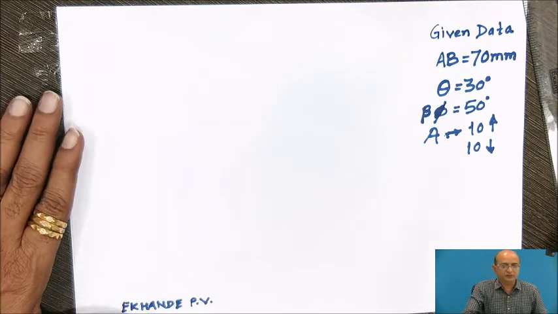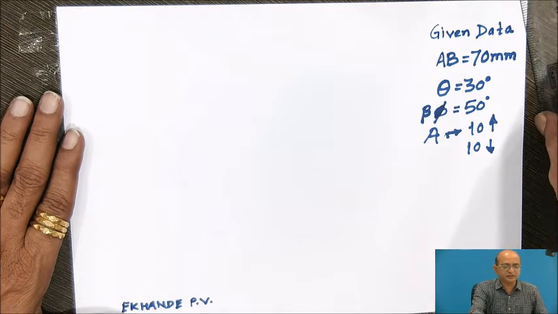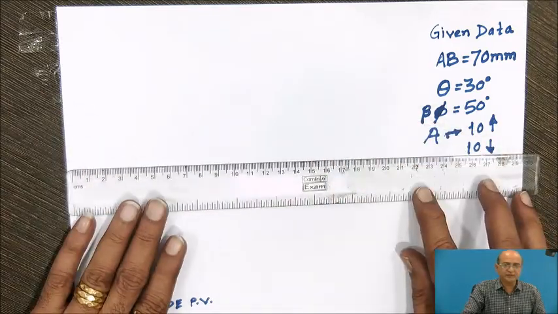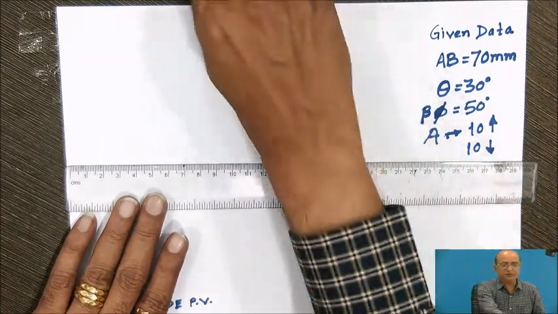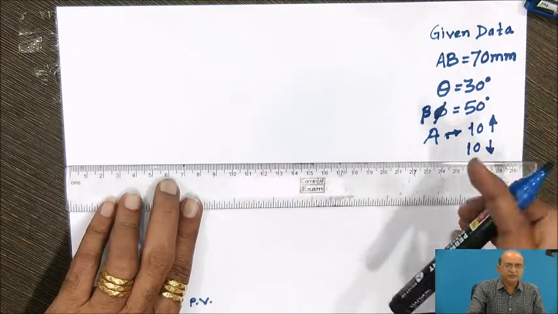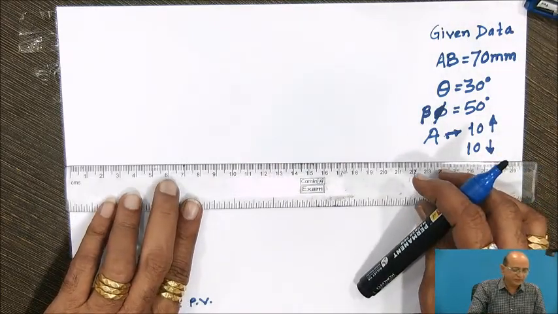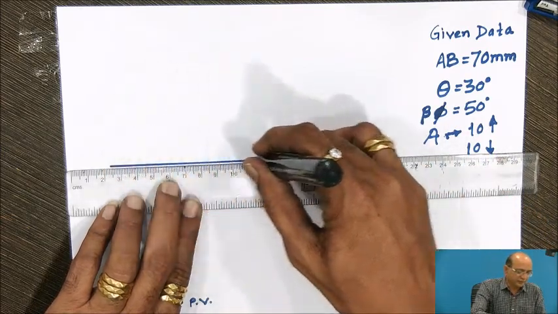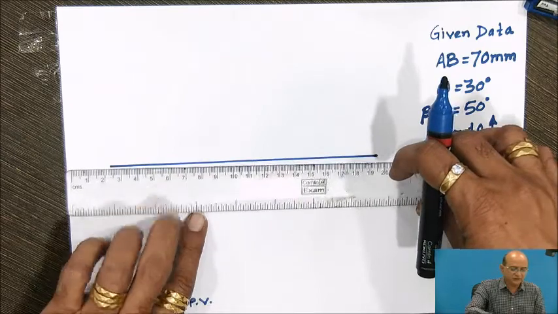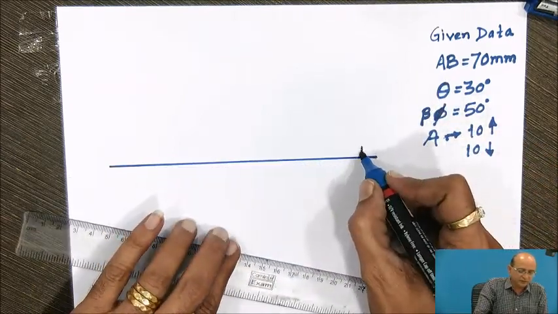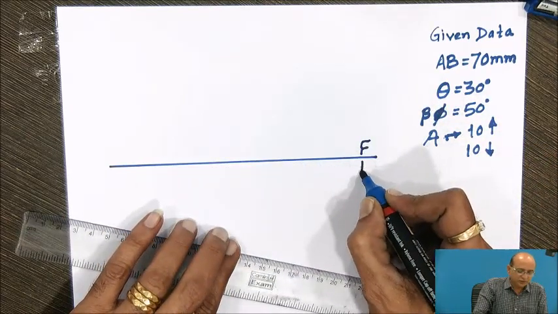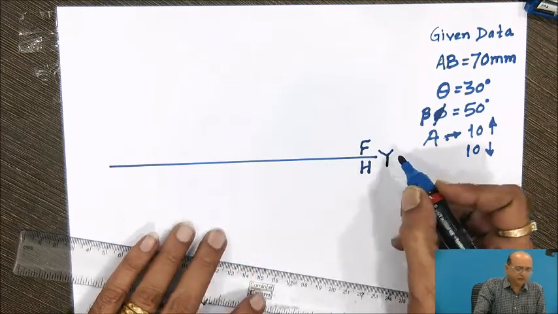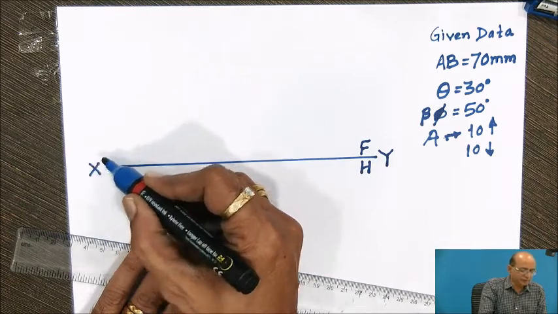See here, first step is to draw the XY line. I will complete that XY line over here. Now for the XY line, another name which is given is FH line also, which is to be completed as a dark line. Remember that the XY line is always to be completed as a dark line, correct?